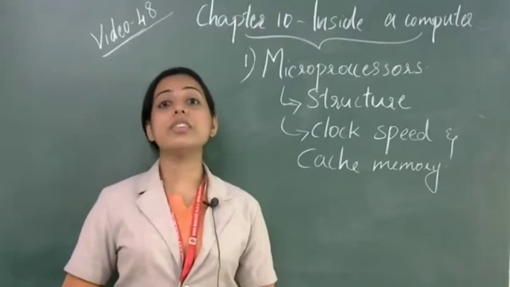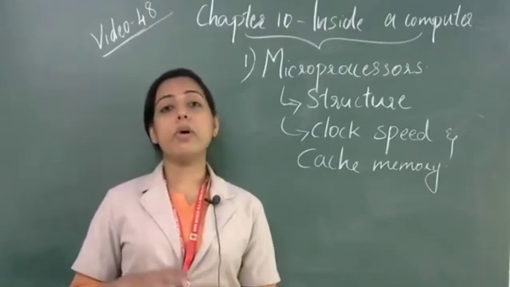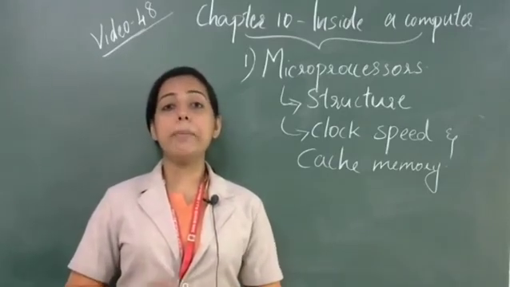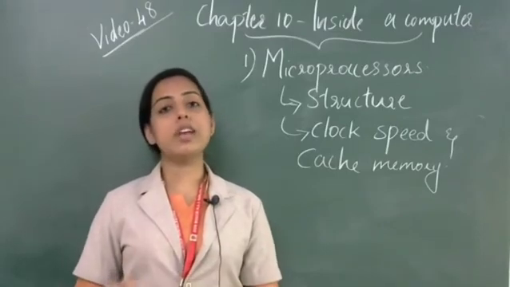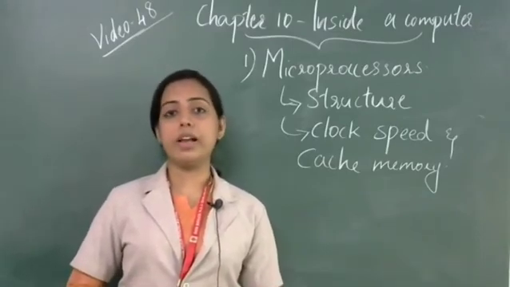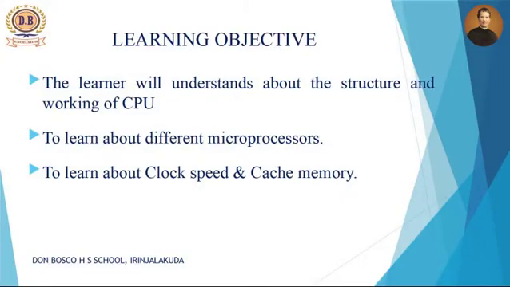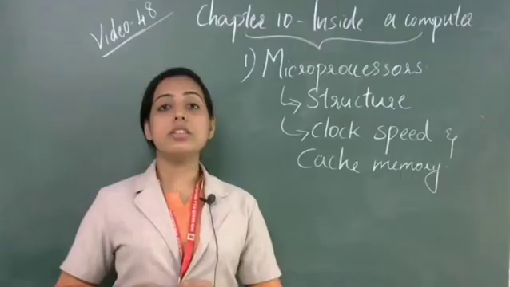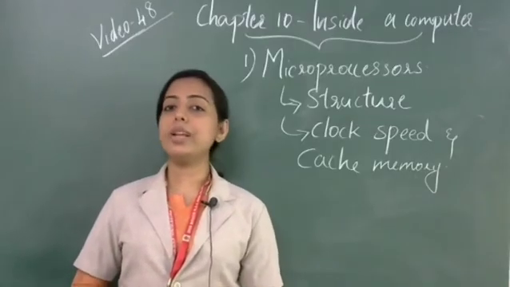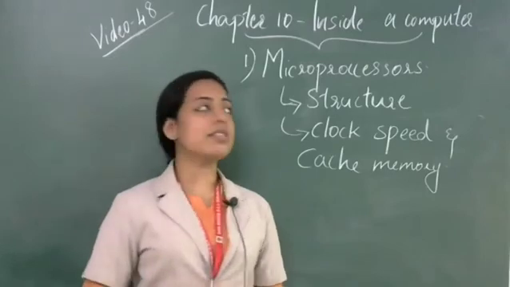So in today's class session we are moving to one important topic in this chapter, microprocessors. Before starting today's session, let's see the objectives behind today's class. The learner will learn about the general structure and working of the CPU, then learn about the different types of microprocessors that we are using in our computers, and learn about the clock speed and cache memory. So these are the learning objectives behind today's class session. Let's start the class with the topic